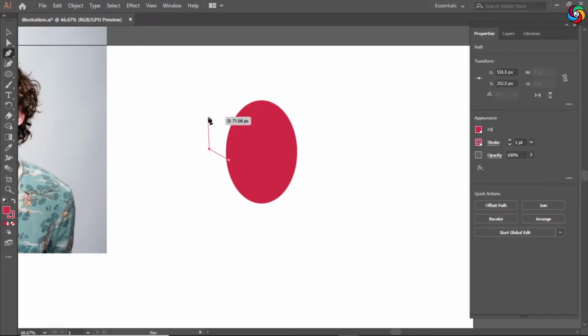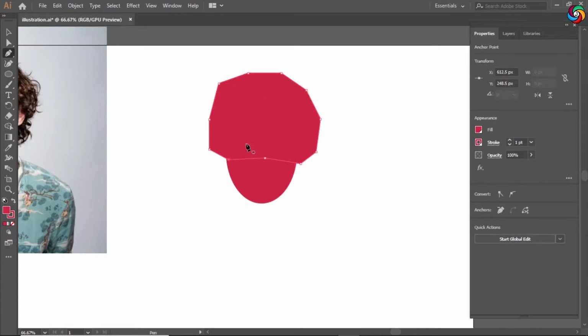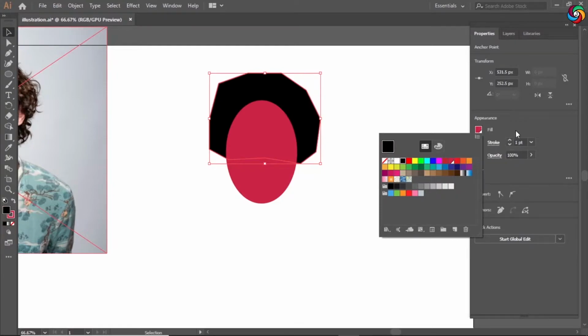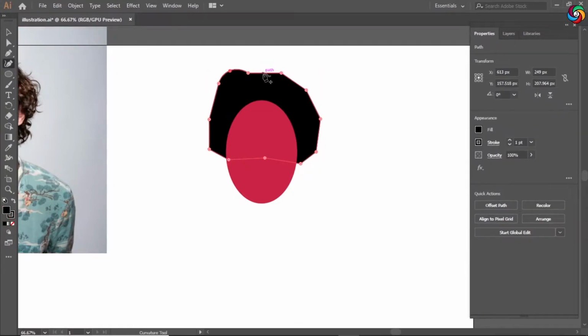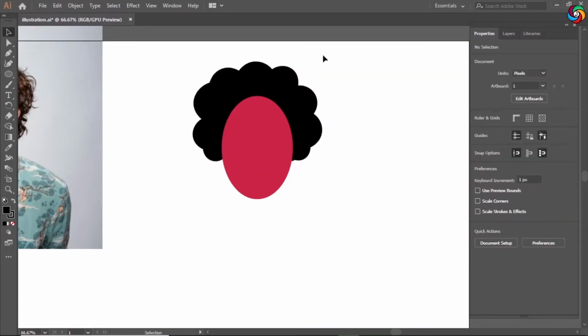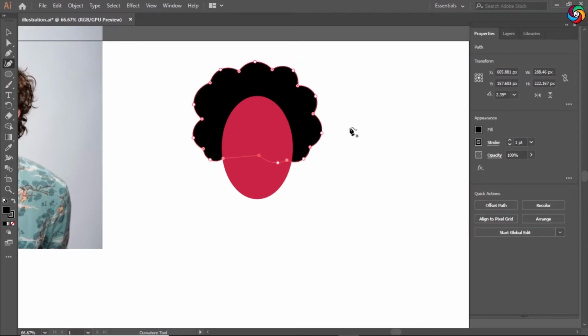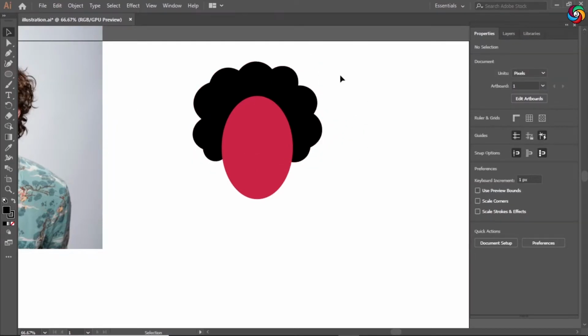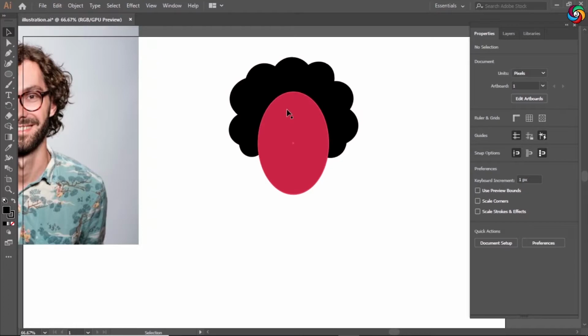Now for the hair, I'm just going to draw a shape like this with the pen tool that has multiple nodes. And then I'll use the curvature tool on it to make these lines between the nodes round. The man in the reference picture has curly hair, so we're gonna draw fluffy round hair, and I will send that to the back.